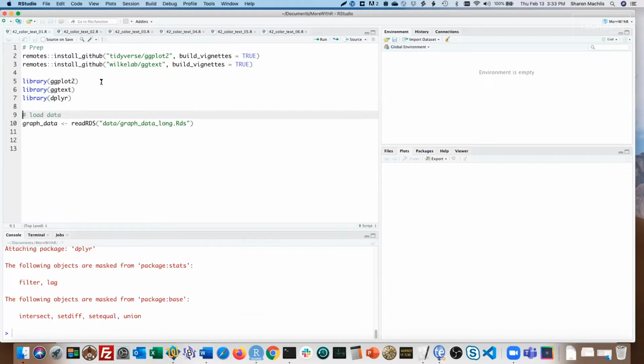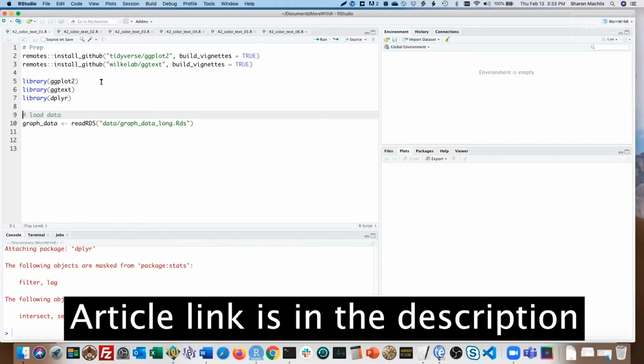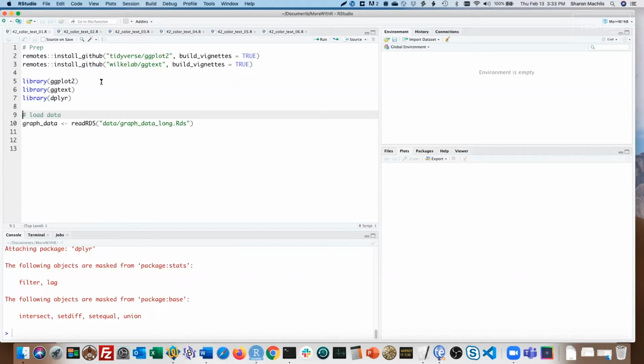For demo data, I'm going to use info about R tweets compared with Python tweets. I took a random sample of 1,000 of each, did some filtering, and then calculated how many in each group have at least 5 likes, at least 5 retweets, include a URL, and include media like a photo or video. If you'd like to follow along, you can download that small summarized data frame from this video's associated InfoWorld article, or use any data that has a few groups, a few categories, a few values, and makes sense for a stacked bar chart. So let me load the data